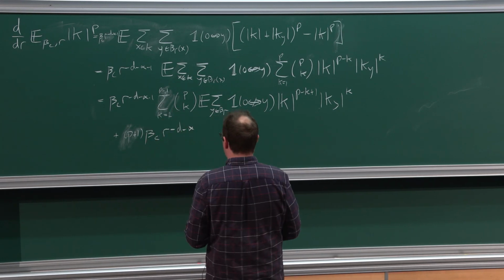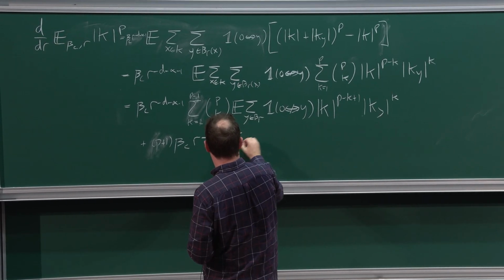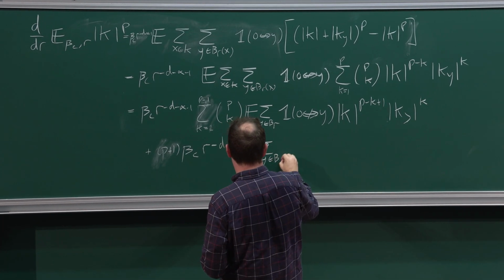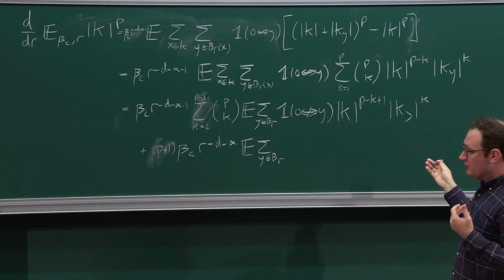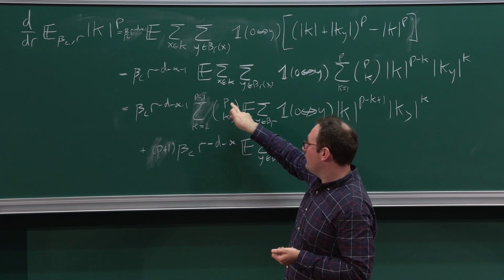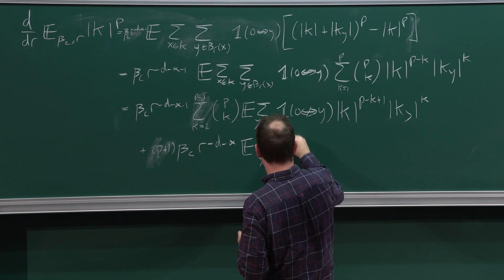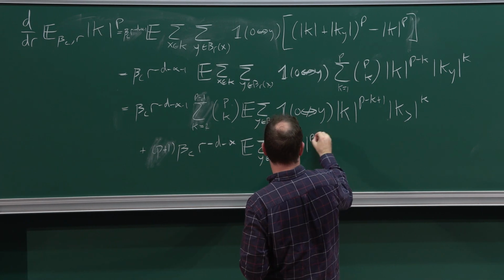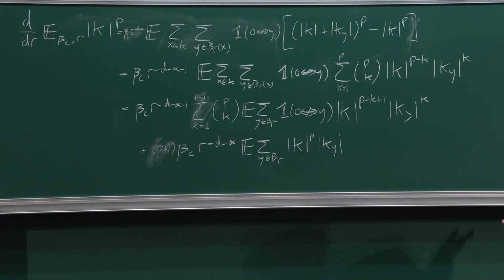Okay, so if we pull out these top and bottom terms, we get here, and use the fact that we can switch the role of the origin and y, it's symmetric. These two terms will be the same up to one of them has a prefactor p, the other has a prefactor 1, which is why we get p plus 1. So I get k to the p times ky. Okay. So again, this is just algebra.